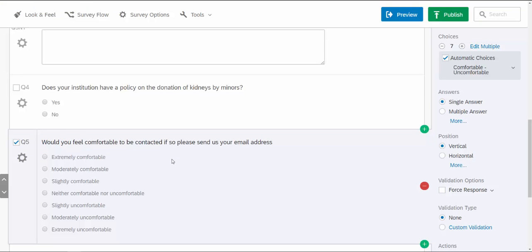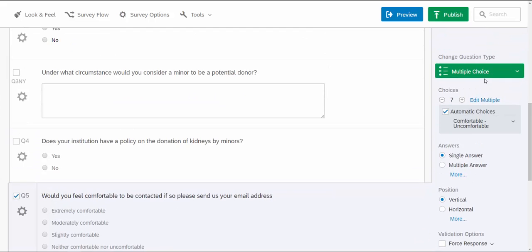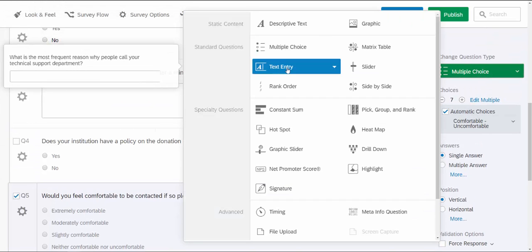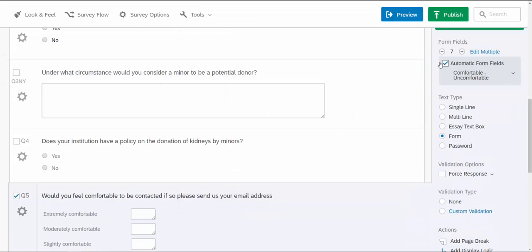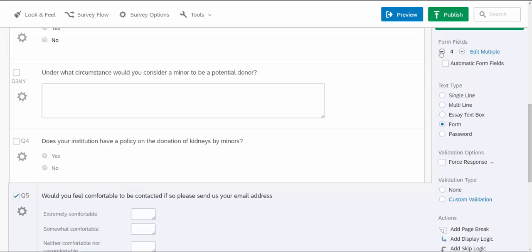The answer to this could be an open text entry, but we can set it up as a form. And we'll do that instead of 7 fields, which is a lot. We'll set it to 2 fields. Instead of extremely comfortable, we'll set up email. We'll say phone,